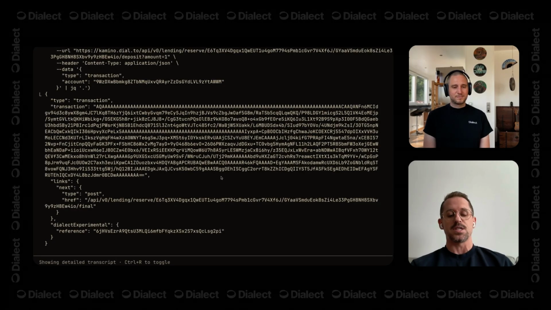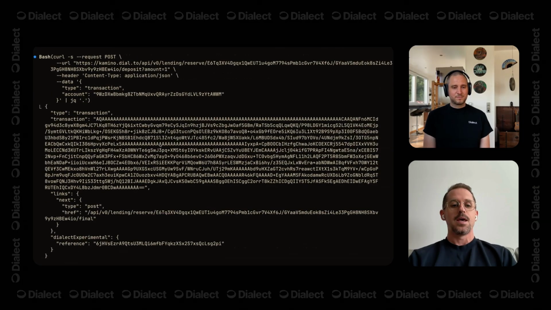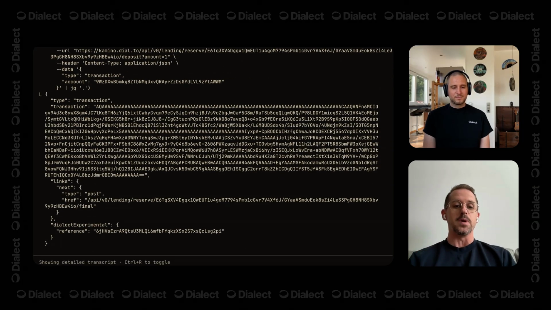Just one command, which was get me a deposit action. We were able to generate a ready to sign transaction using Claude Code and the MCP server that you built,